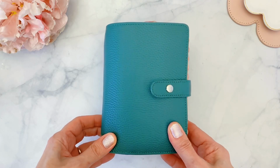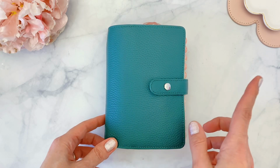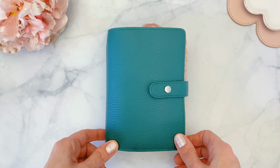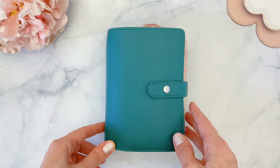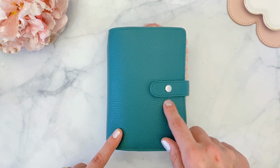Today I'll be sharing a detailed flip through of my latest setup, and this is a setup of my Aura Estelle Traveler Notebook. This is a perfect fit Scarlet planner in the A6 size, and the color is Green-Eyed Forest, which is a gorgeous deep green. And I thought it matched perfectly the January kit from the Planner Society. Of course, it also matches pink, but I wanted to do something a little different this time